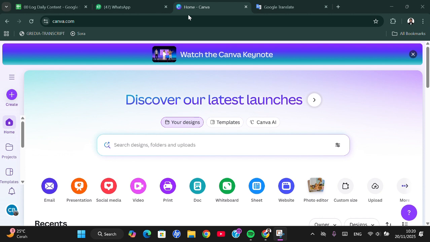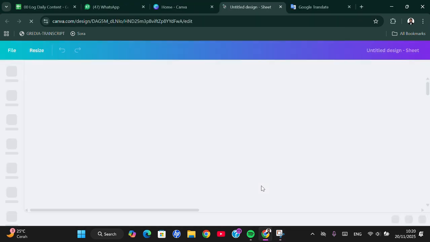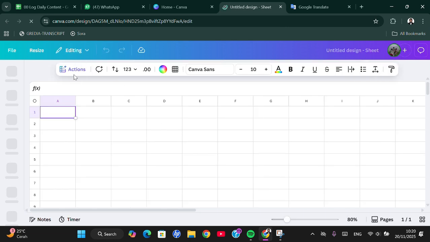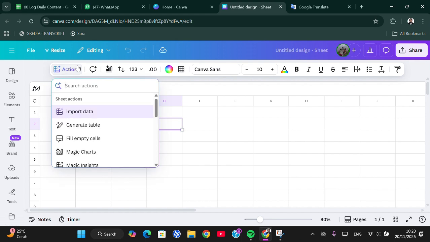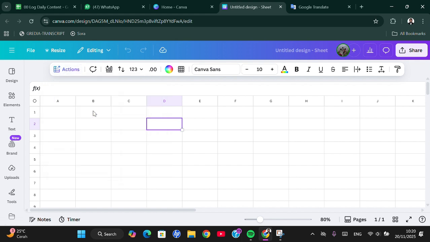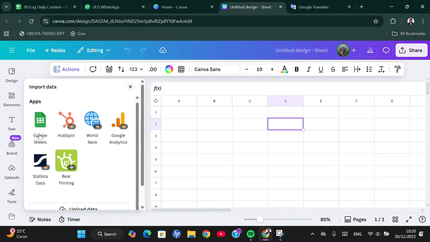First of all, you can open Canva and then you're going to choose sheet here. And if you want to import your data or insert your data, you can go to the actions menu. Okay, right here, quick action, and you can select import data. And I'm going to